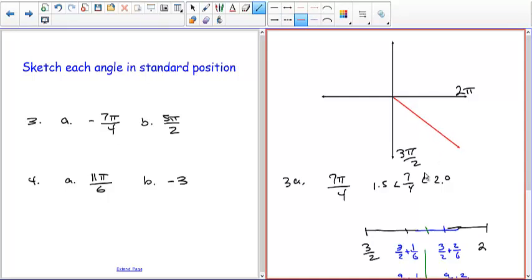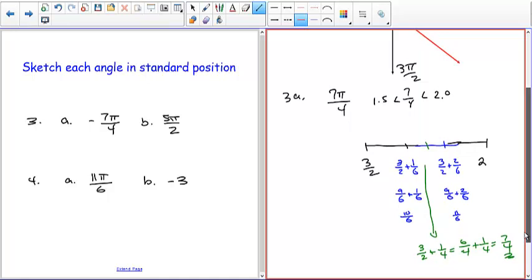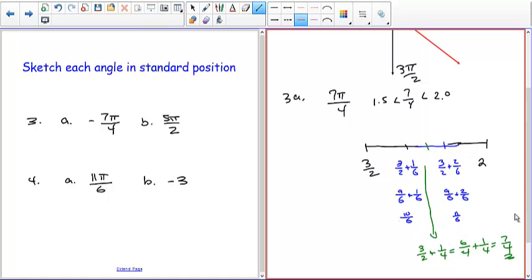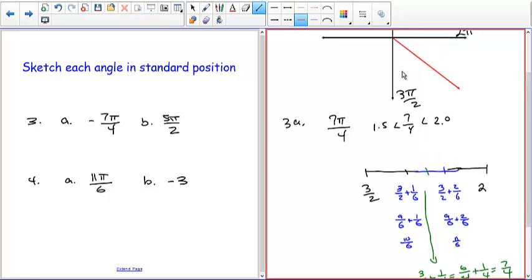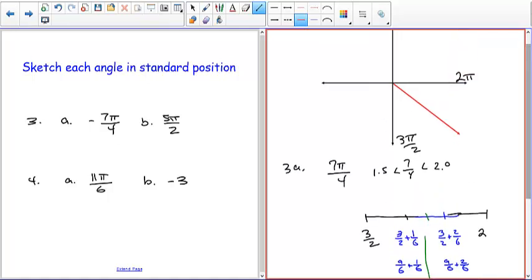If it was 10 pi over 6 or 5 pi over 3, it would go a third of the way from here to here. And then the next one, 11 pi over 6, would go somewhere here. Because you can break it up into the coordinate axes and then the 3 major ones, which are either halfway in between, or a third of the way, and then 2/3 of the way. Okay, so this one is 7 pi